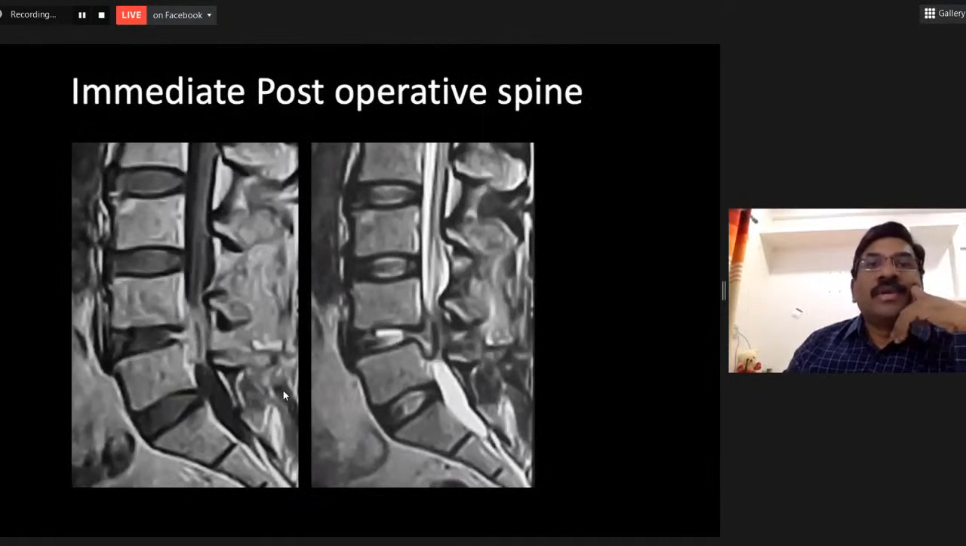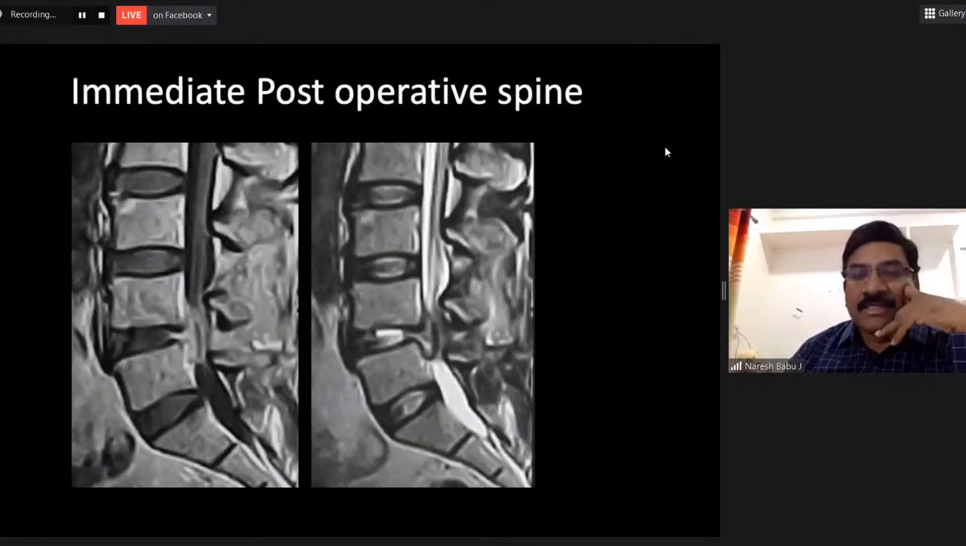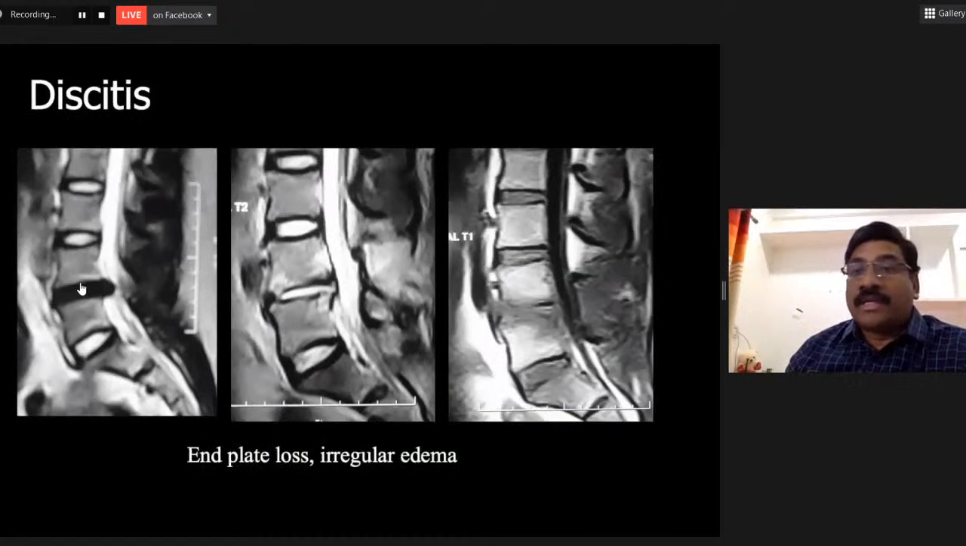A few points about the immediate post-operative spine. This is important. Once you get a case of a recurrent disc herniation as a small case or a spotter, you will be asked about the post-operative MRI spine. If you take it immediately, you will see a lot of mass effect on the MRI. You can't differentiate between the edema, the disc, the scar, the hematoma, or the discitis. But discitis definitely shows adjacent vertebral signal changes and fluid formation within the disc,